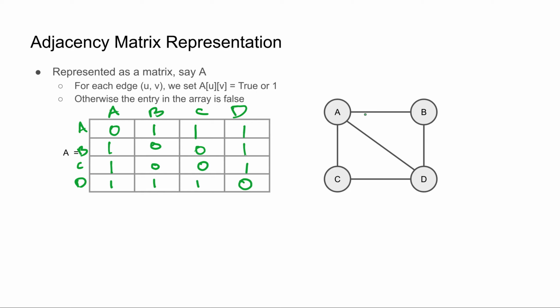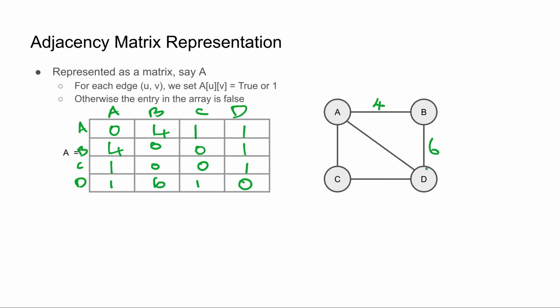For example, if this connection has some weight or weightage for each of the edges, such as whether it may be representing the distance from A to B. Suppose that there is a 4 kilometer distance from A to B, and from B to D there is a distance of 6 kilometers. Then instead of just writing 1, we can actually write the distance from A to B, such as for example in this column we can write it as 4, and B to A can also be written as 4. Then you have D to B, D to B can be written as 6.